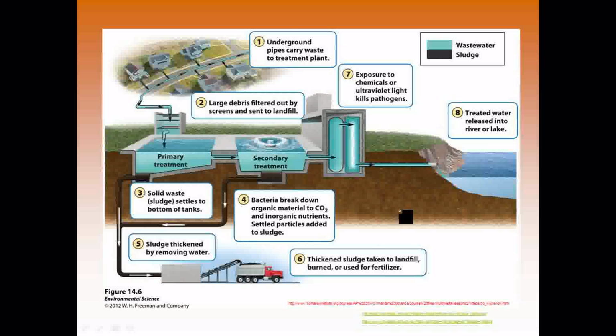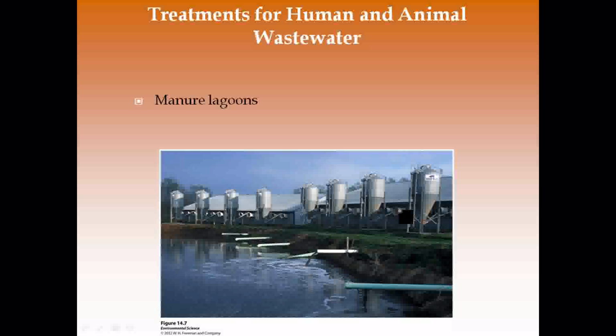There's one other thing to cover in this section, and that has to do with animal wastewater. It's obviously becoming more and more of a problem because there's more people on Earth than ever before. Then there must be more cows than ever before. We have to grow livestock in order to feed all the people. So we have to do something about their poop,